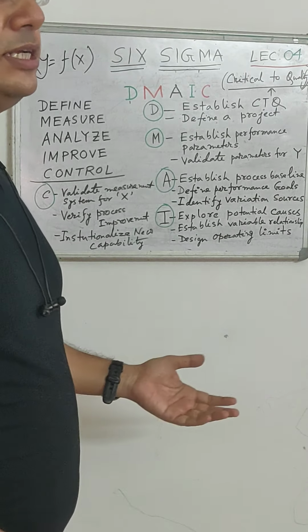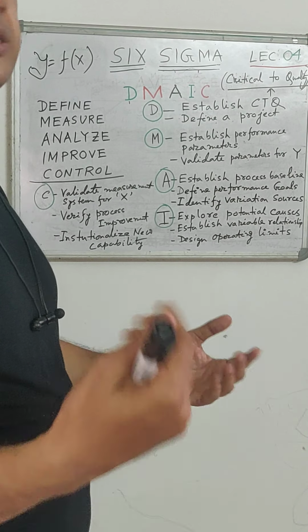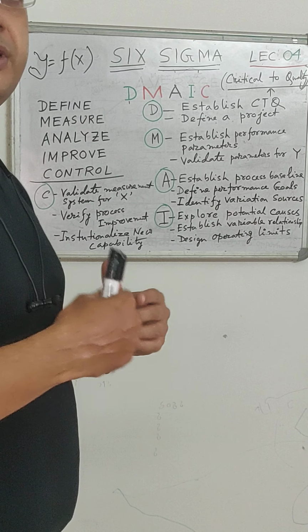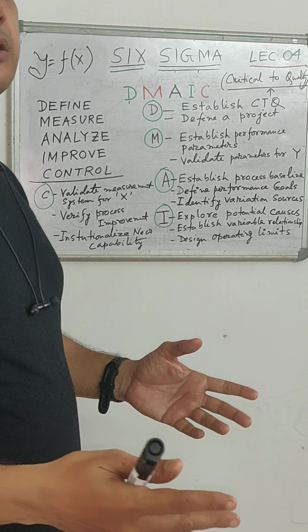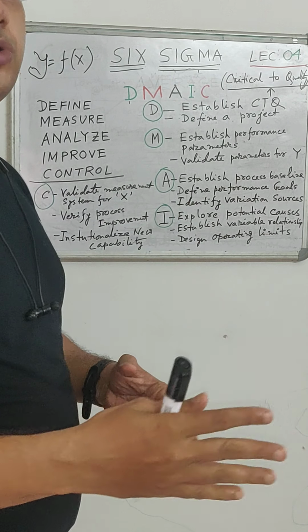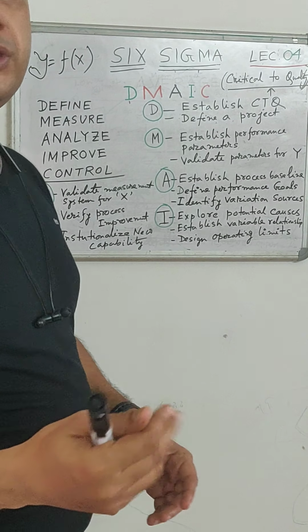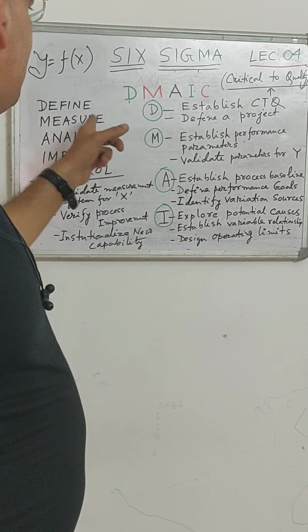What is our burning issue? Because we have n number of issues in manufacturing or any sector, we cannot deal with everything at the same time, and all are not so cost beneficial. So the issues that are high impacting on our cost, that project we will take. So that is in define.